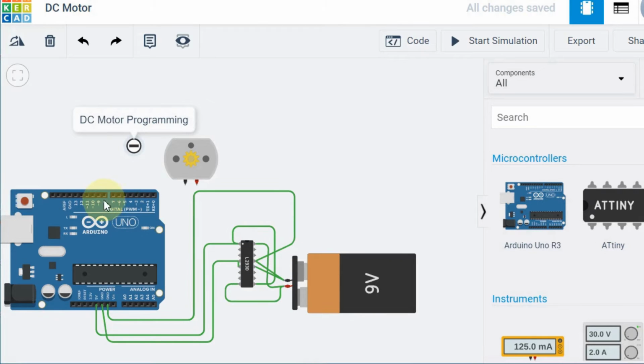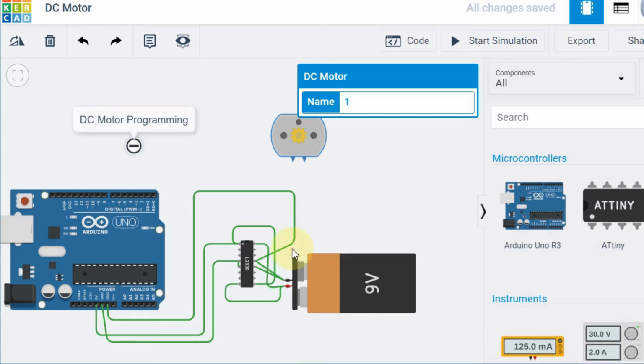So irrespective of the voltage range of this Arduino, whatever the voltage rating of the DC motor, connect the power supply here. That voltage will be fed to the DC motor whenever you are giving signals to this IC. So this is why a driver is used for a DC motor, and there are different drivers for different motors. For a DC motor they commonly use the L293D. So here also I am going to use this L293D.